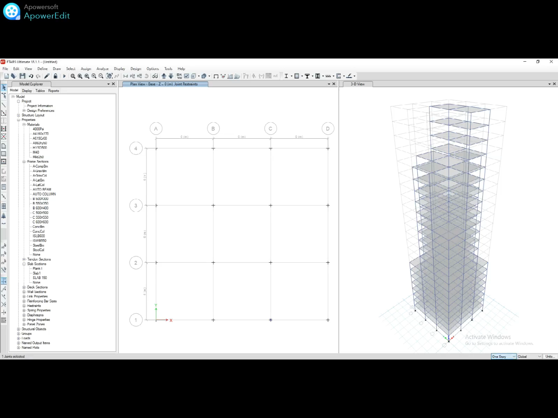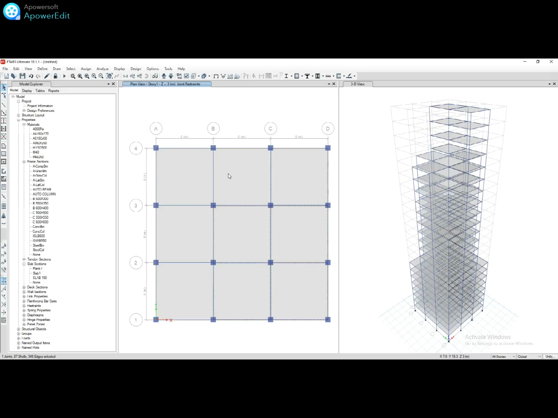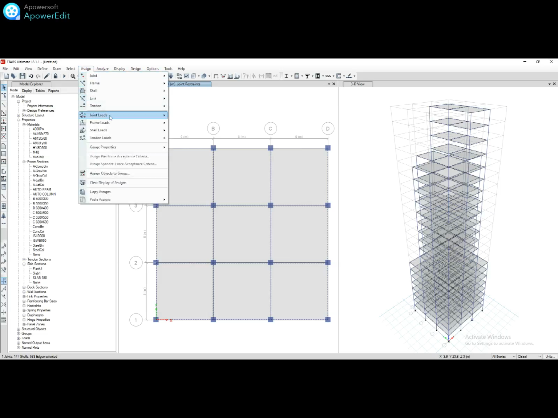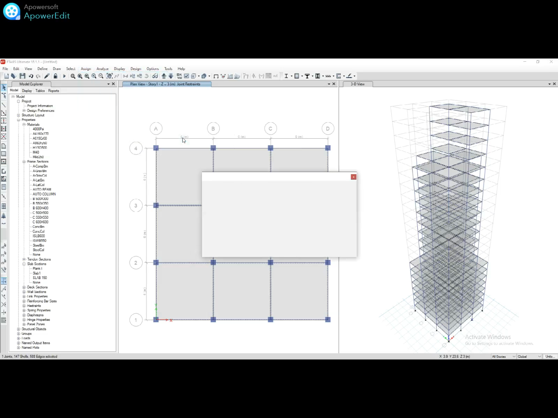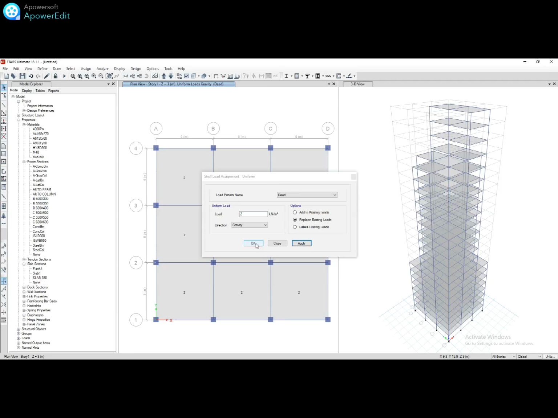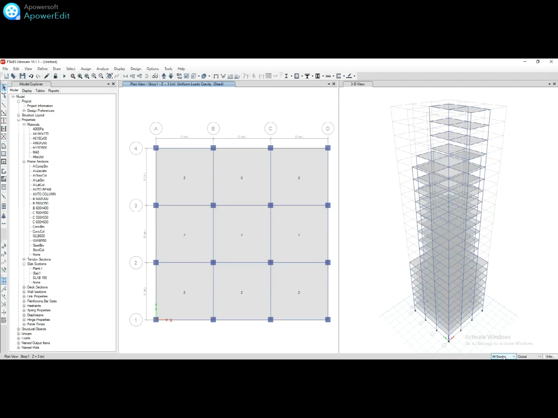Now I have to assign the dead loads on the slab for floor finish. Though the dead load is equal for all slabs, that's why I will use the all story option and go to the assign, then shell load, and just define here dead load 2 kilonewton per meter square, all the stories, then OK to exit. Now